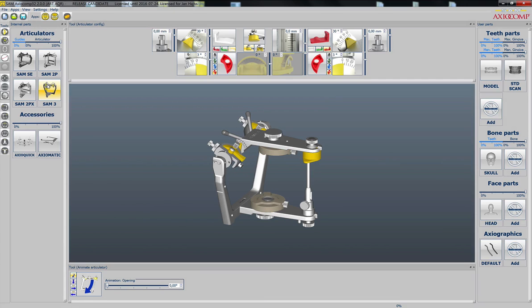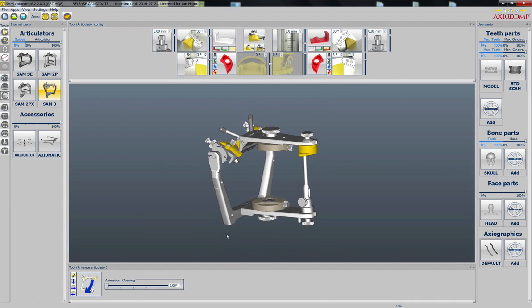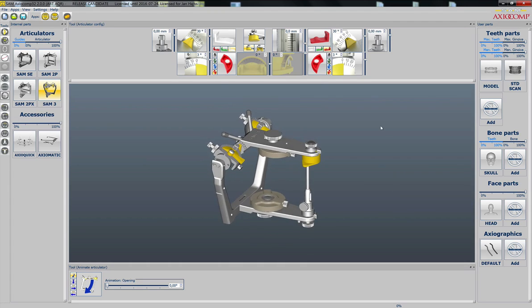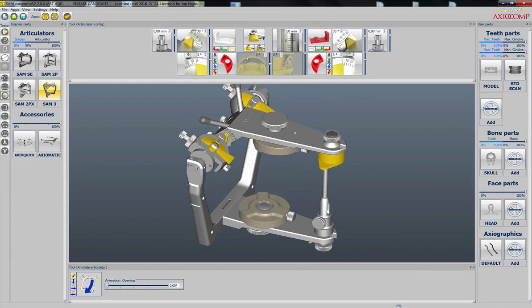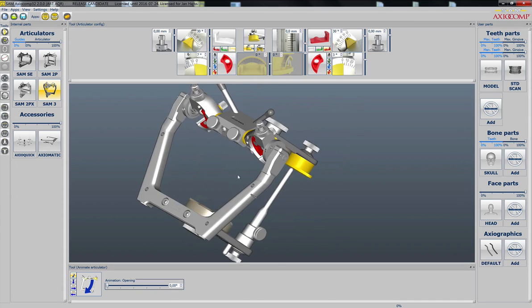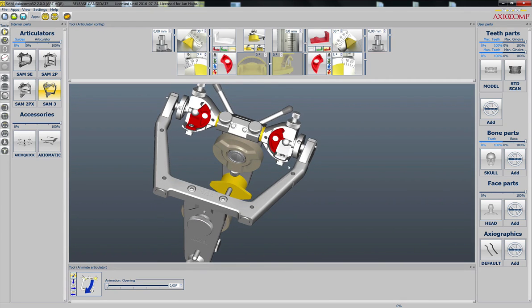Let's switch to the SAM3. That's the one that I use in my office. It's the flagship model and the standard model. And now here in this upper field you can program the articulator. Just like the real one, you can change it here, and you see that it updates immediately in the 3D view. This is also a physically very precise articulator, mathematically precise, and you can switch the inserts here,